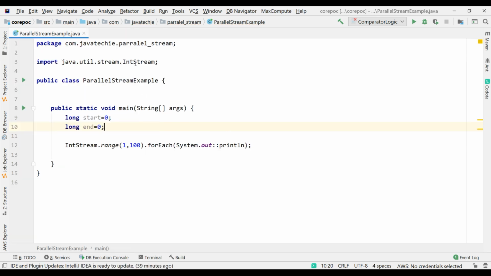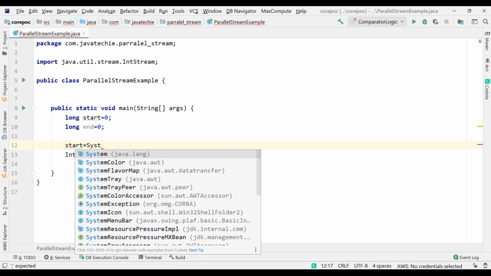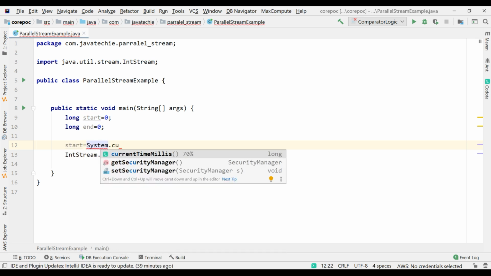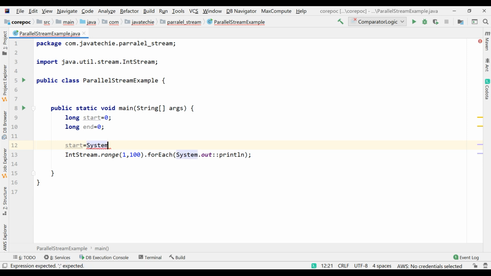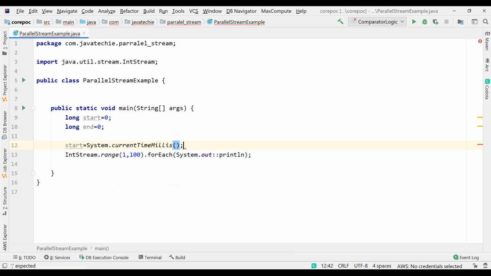Now I'll type here start time equals System.currentTimeMillis. Similarly, for end time, I will evaluate System.currentTimeMillis.